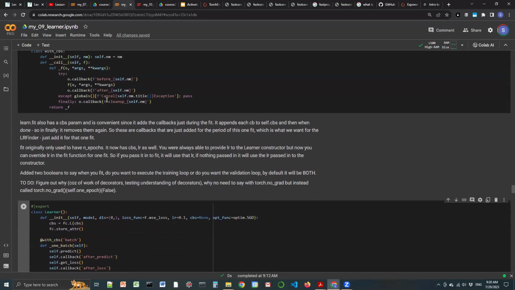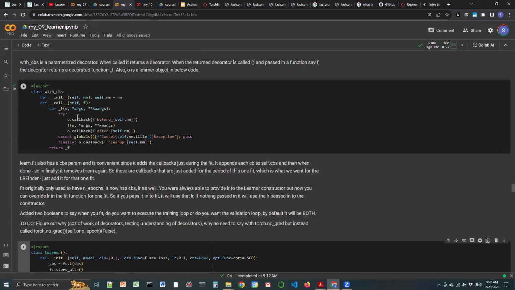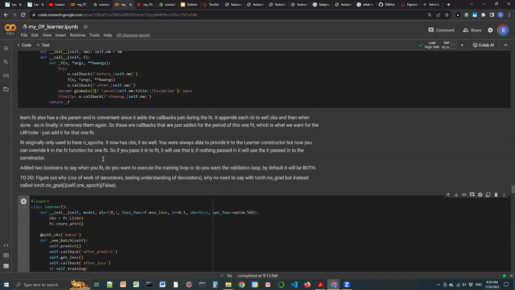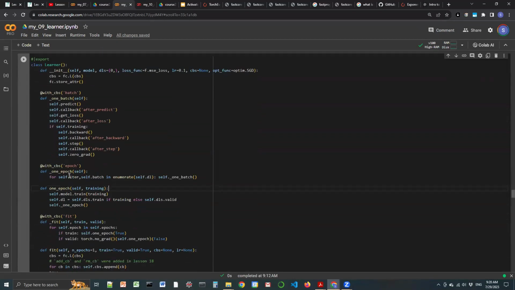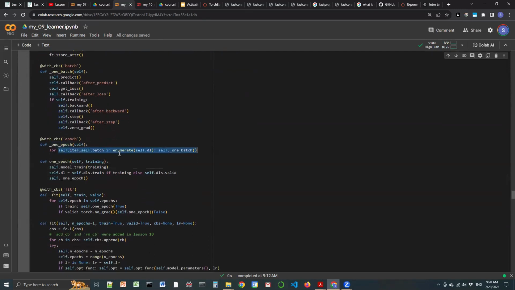Remember, this is execute the learner's callback before_epoch, then call this function. So then it will come back, execute this line of code, and once that's done, right, one epoch,